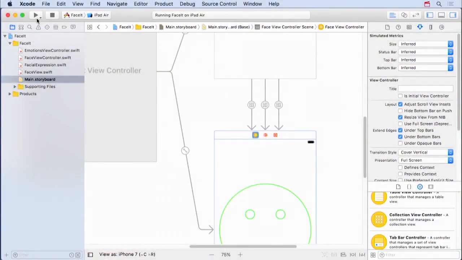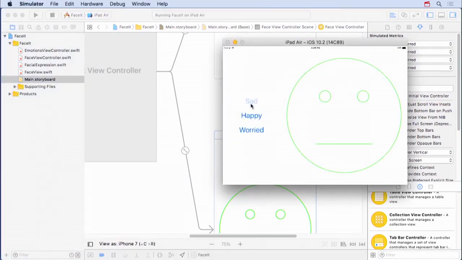Okay, so if we run this, it's going to look like it didn't even work. Even though we hooked these segues up, it just looks like, oh, it's not doing anything. Watch. Okay, see, sad, happy, worried. Nothing is happening. Absolutely nothing is changing over here. Now, what's interesting is it is, in fact, segueing, and it is replacing that. The only problem is we didn't prepare that thing to show the right emotion before it showed. So it's just showing the neutral emotion, right? So it's creating a new MVC, but it's just showing neutral because it has not been prepared to be on